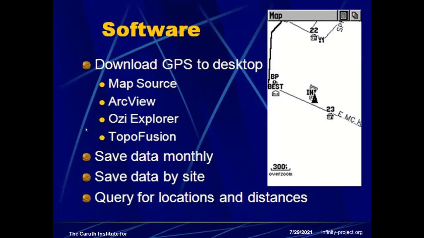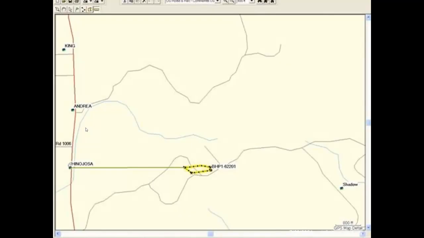From this GPS data, we connect to the desktop, where a lot of software is available, like MapSource, ArcView, TopoFusion, ArcGIS, QGIS, ERDAS, and many more. It will save the data. When we empty the data, we can feed in other data, because there is a limit on the number of points. Only around 10,000 points can be stored in the handheld GPS. After that we need to remove points before we can add new GPS points.